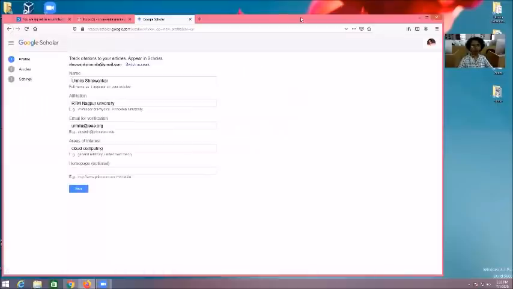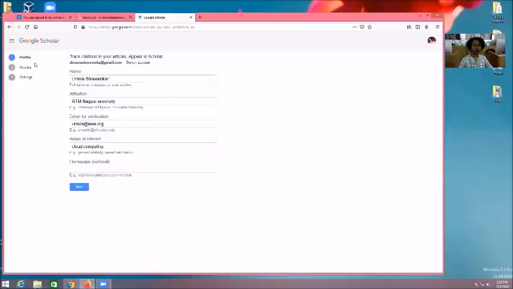After clicking on my profile, you will get, as usual, text boxes where we can add our own information. My email ID has already been taken from that particular Gmail account. Then I can write down my name, university details, and my email ID for verification. Generally, it asks for the organization or institute email ID rather than the personal email ID for verification purposes. So if you have any organization email ID for verification, please submit that email ID.